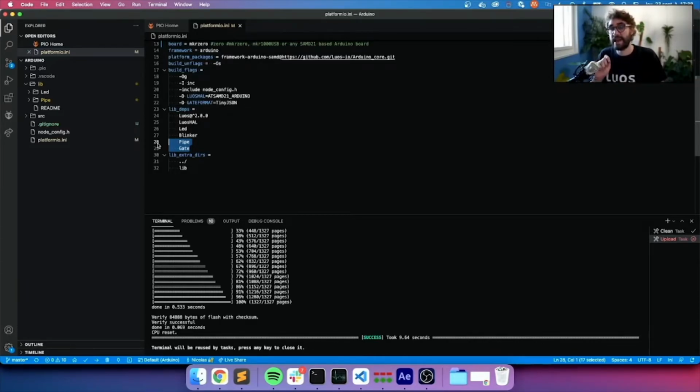Then this gate service just tries to find a pipe service and streams this JSON information to the pipe, allowing the pipe to transmit that information to your computer. So basically the gate is like a translator and the pipe is a pipe between the device and your computer. In this case, we are using USB, the USB of the Arduino, but you can use any other kind of connection such as Bluetooth, Wi-Fi, or anything you want.